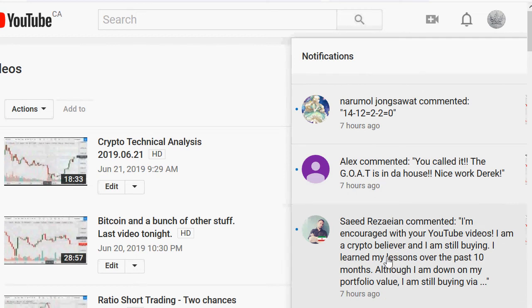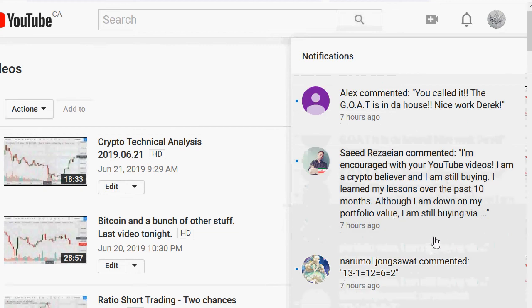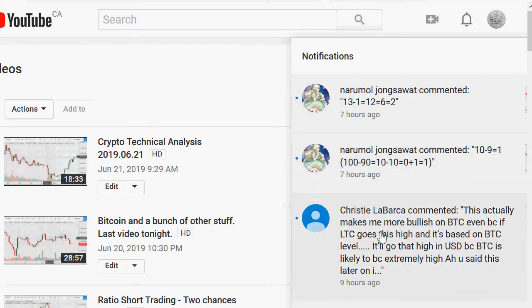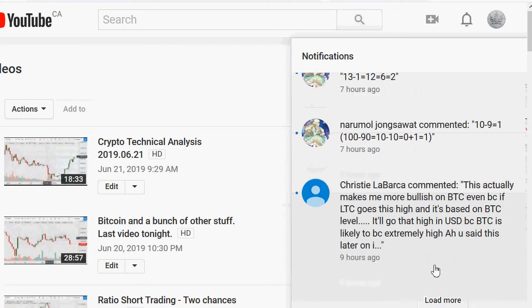I'm a crypto believer and I'm still buying. I learned my lessons over the past 10 months, although I'm down. My portfolio value, I'm still I can click on here and read more and then more of these numbers. This actually makes me more bullish on Bitcoin, even because if Litecoin goes this high, and it's based on Bitcoin level. Anyway,